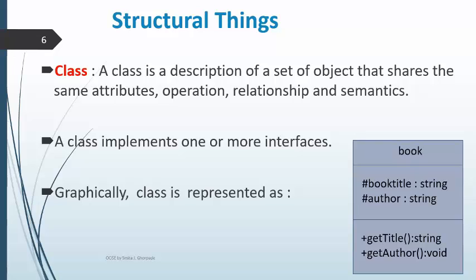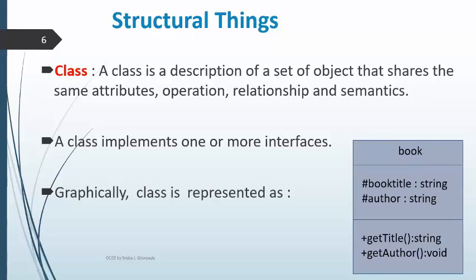Then in the second section, we can define a set of attributes. For that, the syntax is first of all give visibility, then attribute name, and then a data type of that attribute. For example, hash book title string means book title is one of the attributes of a book class. Its visibility is hash, which means it is a protected attribute, and its data type is string. Like this, n number of attributes for the book is defined in the second section.